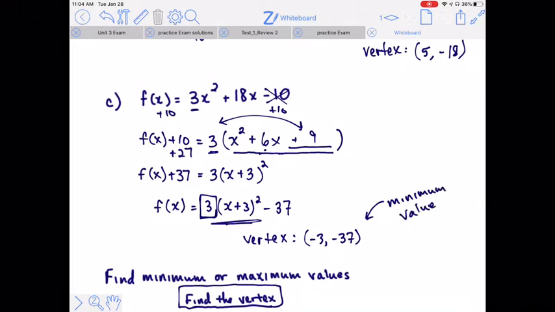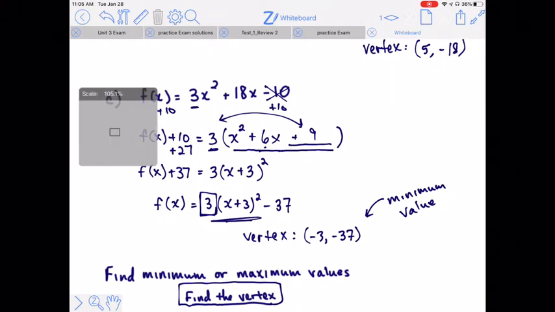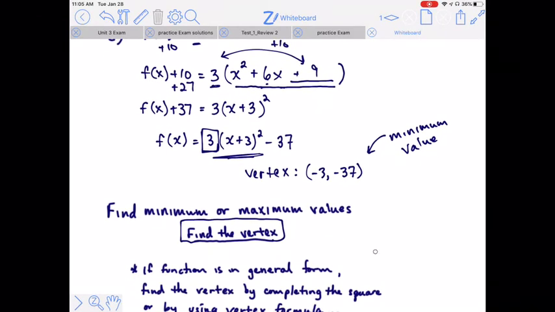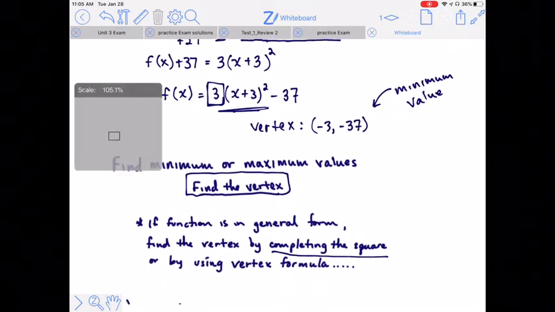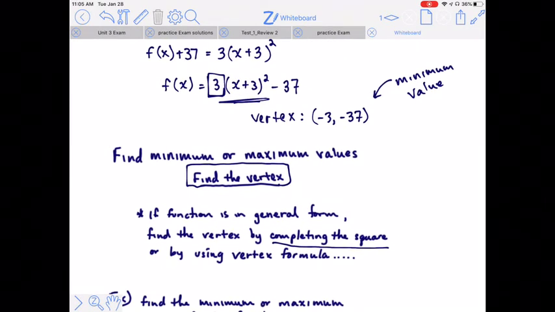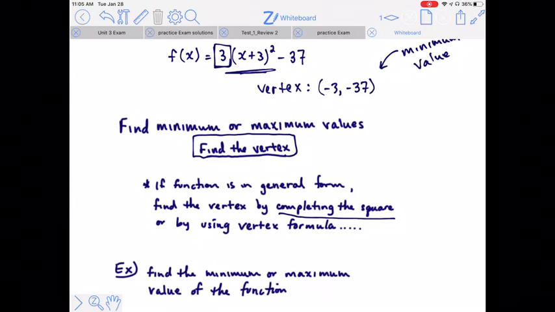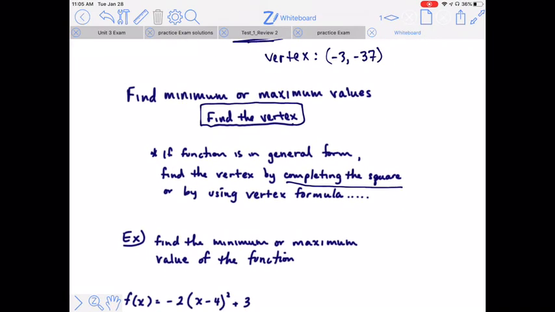If the leading coefficient is negative, causing the parabola to flip upside down, you would say the vertex is the maximum value. So if the function is in general form, you can find the vertex by completing the square. That's what we just did to write the equation in standard form. Or there's a simple formula called the Vertex Formula, which I'm going to show you here. So this example,